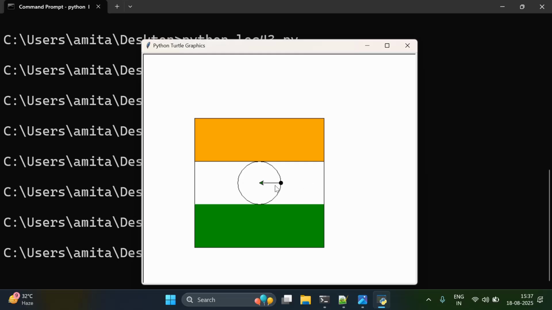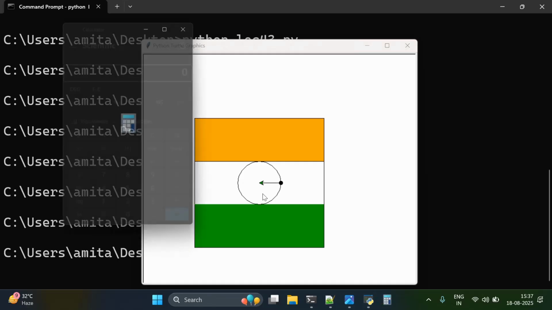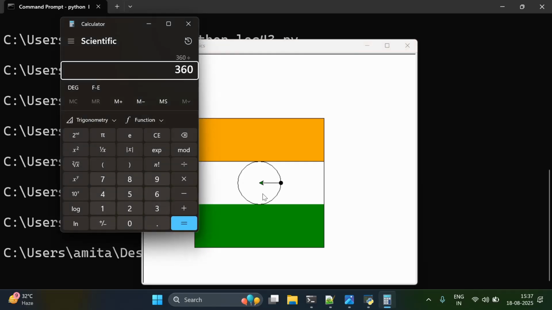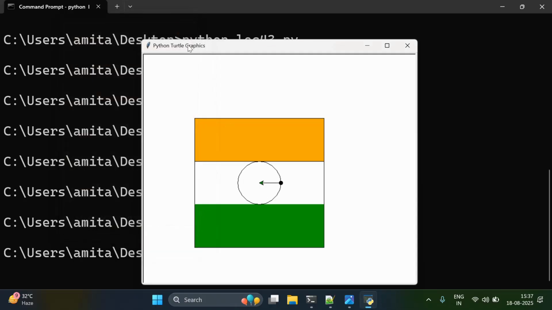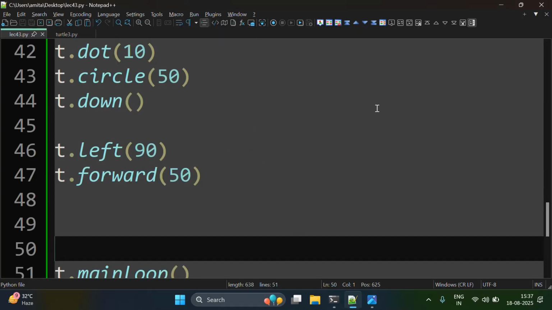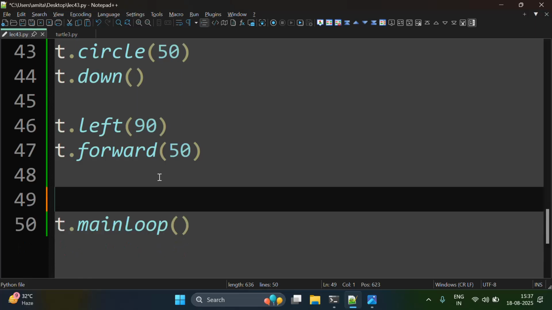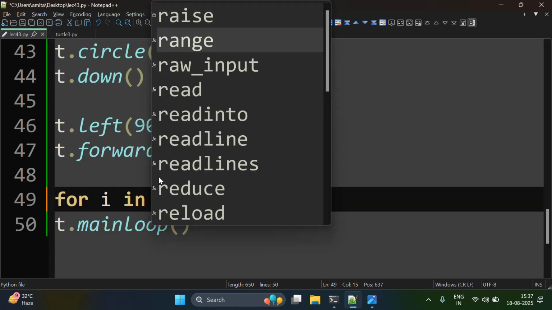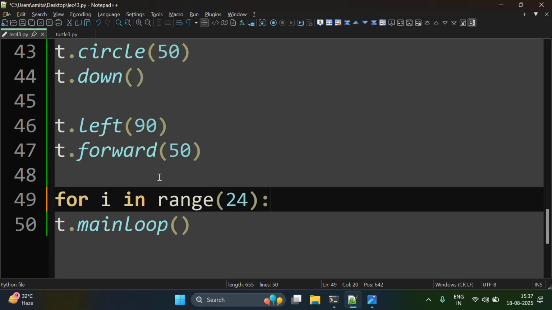Now the next thing is to make 24 spokes. For making 24 spokes, we can just divide 360 by 24, which I suppose is 15, and yeah, it's 15. So we can rotate by 15 degrees, and then create one spoke, then we'll come back to the center, then we'll rotate by 15, and like this we can do 24 times. And don't worry, we'll not write it 24 times because we have the for loop. We'll just use the for loop. So we'll write here for i in range 24,